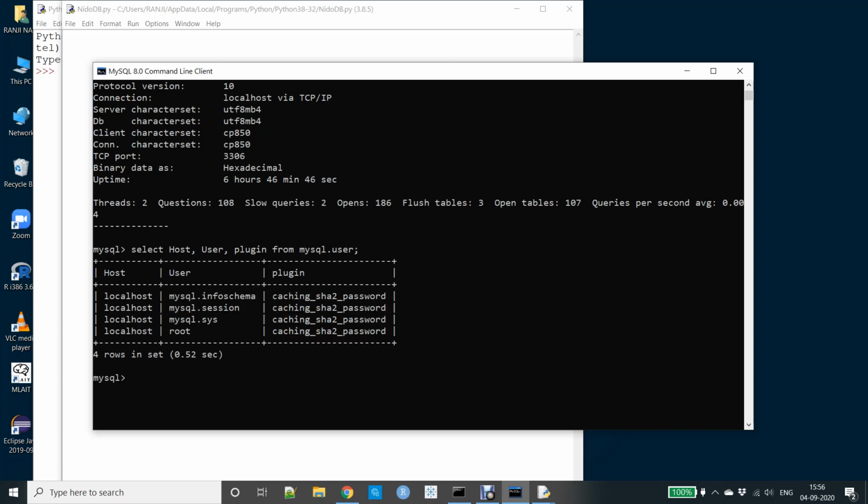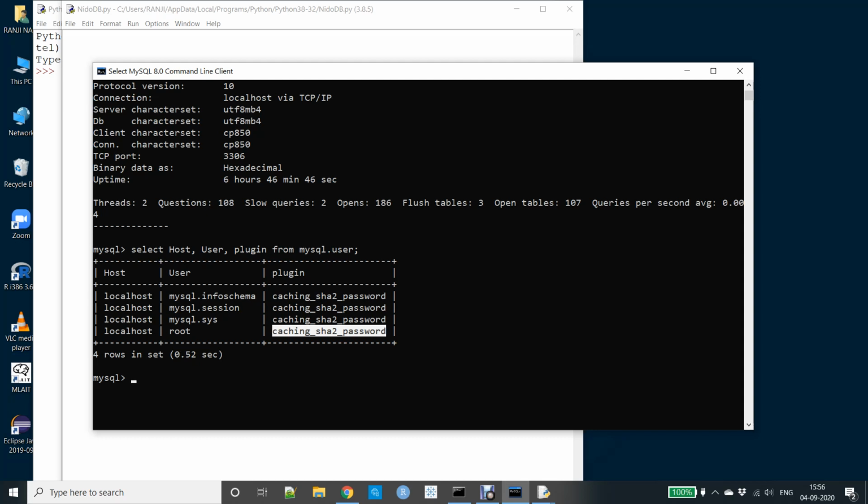This will give you the different types of built-in databases and their host and whatever user it is using. Currently we are root, and the host we are using is localhost. Whenever we do database creation, we want this information. The plugin here is caching SHA-2 password, which is what you would use with the Python connector.